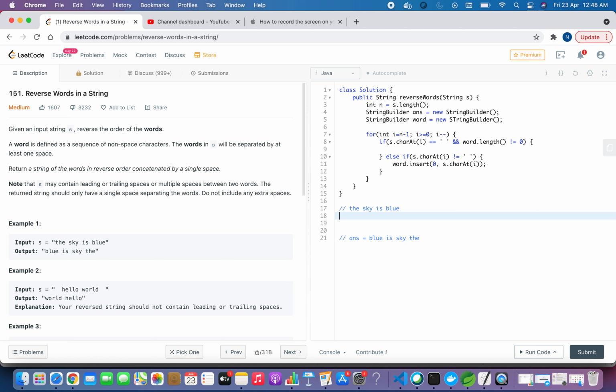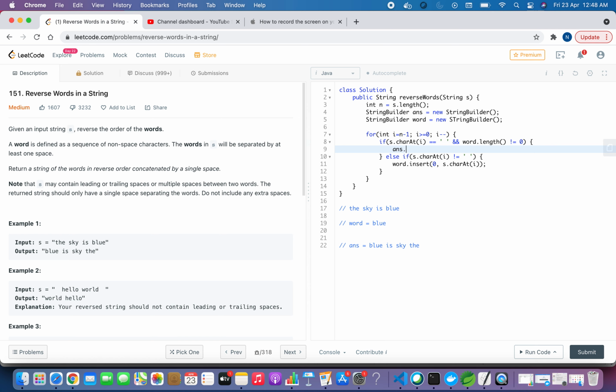Our word will have a value of E. In the next iteration, when i becomes i minus 1, I will again take U and insert it before E. Again, similarly I will do it for L and B, and then we will encounter a space and our word length will not be equal to 0. So in this case we know that we have an answer.